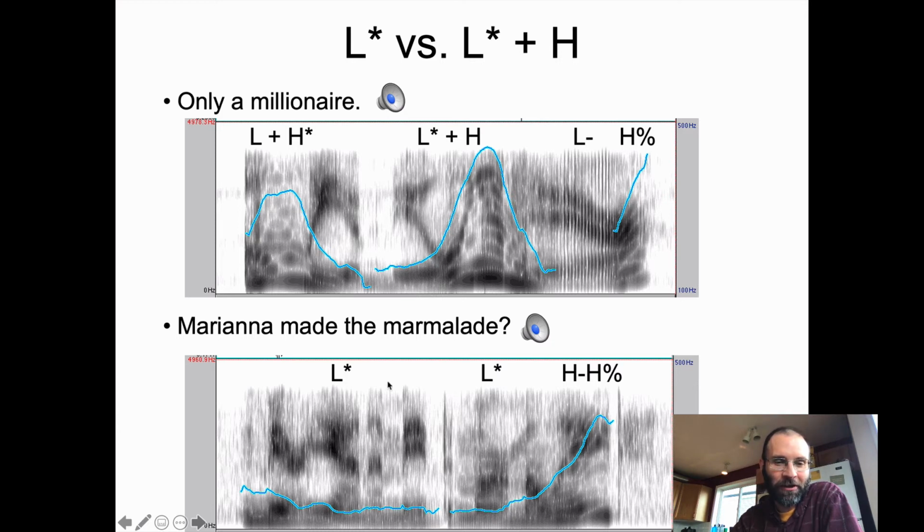It just might be a little bit harder to hear these low stars because they're usually not super prominent as it is. Mariana made the marmalade. So you should ideally be hearing an L star on the A part of Mariana and also the marm part of marmalade. Mariana made the marmalade. Mariana made the marmalade. Boom, boom, down low, and then it rises at the tail end because this is a